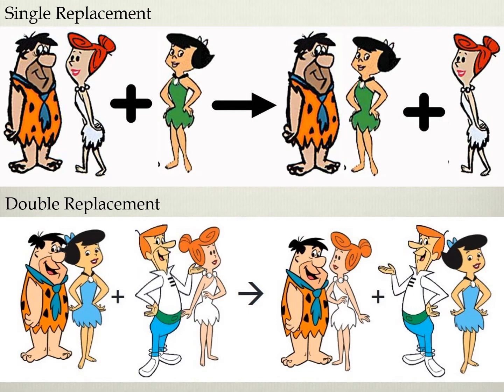Single replacement is like if Fred got bored with Wilma and replaced her with Betty. Double replacement is when the two couples switch spouses, which is sad,